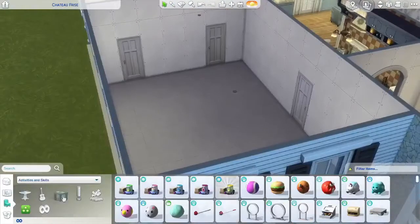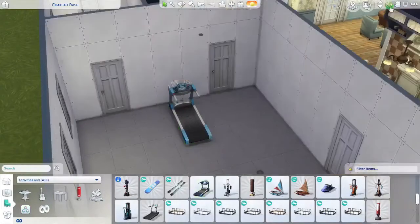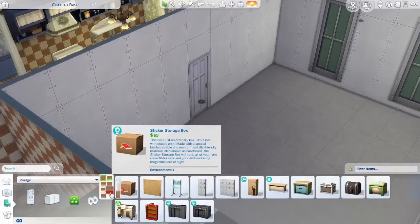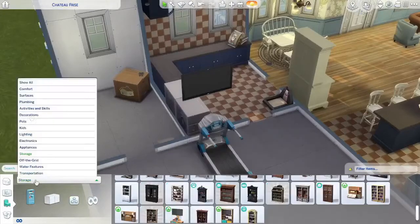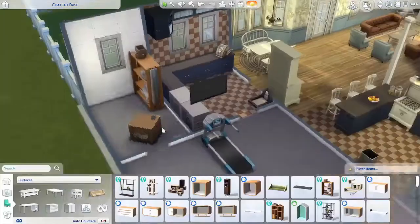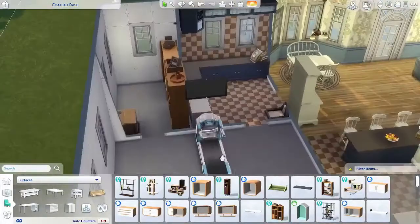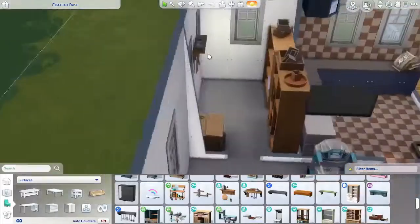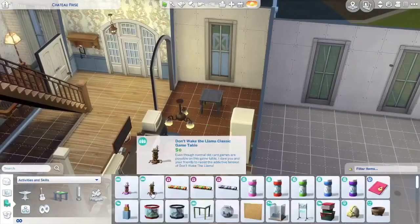So here I am with the converted garage space. I kind of go back and forth a little bit here. I wanted it to still feel like a garage, and maybe not necessarily a finished living space, and more of just like they got rid of the outer door and have painted it but haven't really converted it into a second living room or anything, which would be another great use if you wanted to change it up a little bit, have just a second